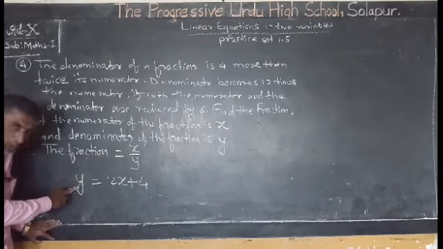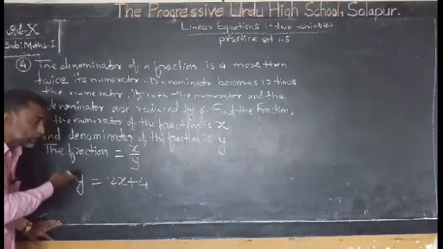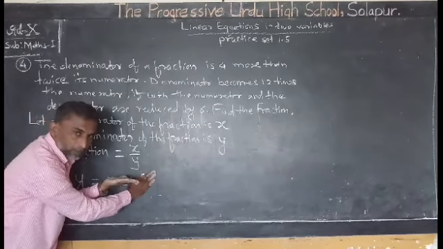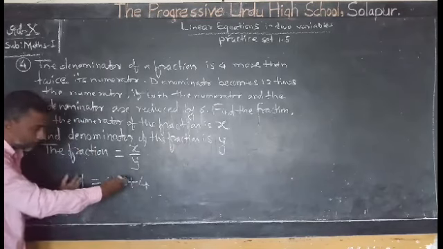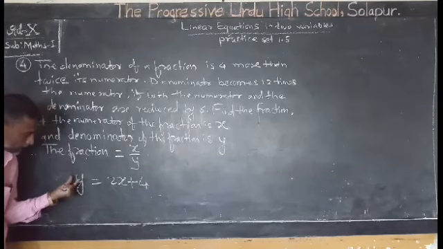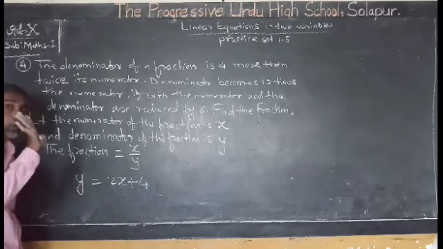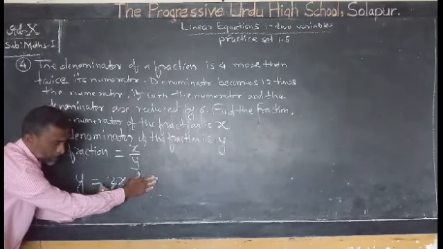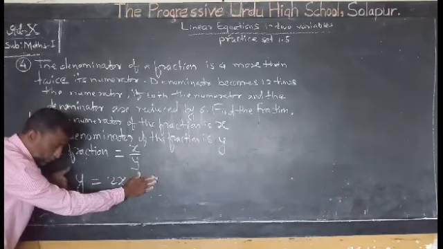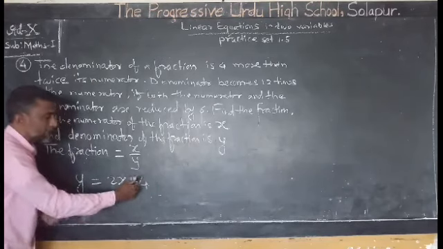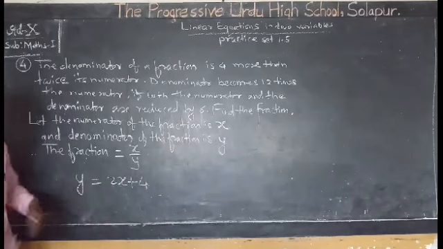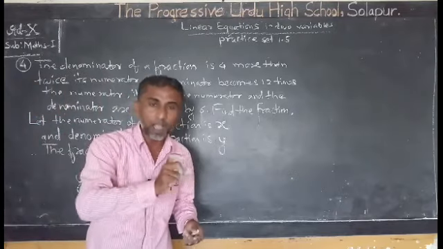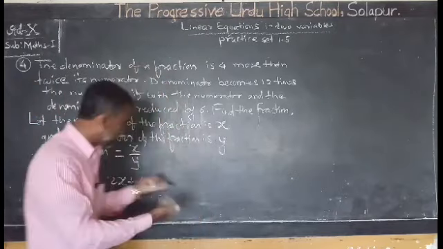The denominator of a fraction is 4 more. It is 4 more than twice its numerator. It is more than 2x. But if I add plus 4 to the right hand side, they will become equal. That means denominator, that is y, is 4 more than twice its numerator. Numerator is x, twice of numerator means 2x. Now y is 4 more. If we add this 4 to the right hand side, these two will become equal. Or in other words, you can write that difference between denominator and twice the numerator is 4. You can write in this way also.